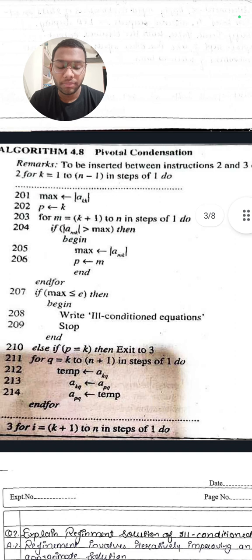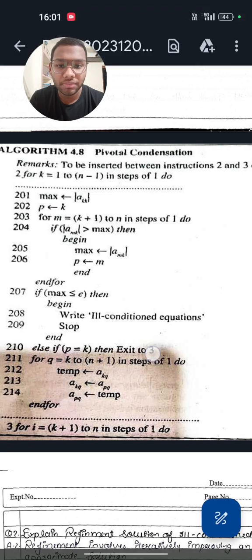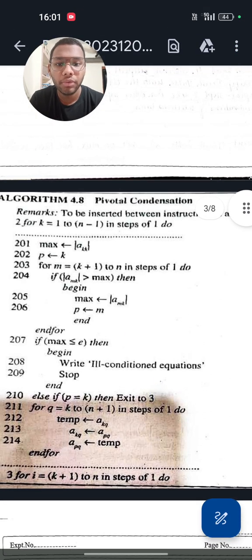I have also linked the algorithm which is required for the computer application. Here we have chosen a max element, and we have assigned AKK as the max element. We have also assigned K as P. We have carried a loop from m equals k plus 1 to n. Here we will check the condition. If AKK is greater than max, then we assign AKK to max and m to P and then